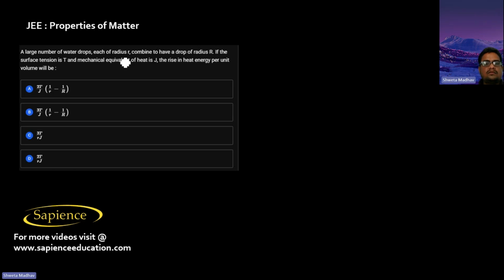A large number of water drops, each of radius r, combined to have a drop of radius capital R. If the surface tension is T and the mechanical equivalent